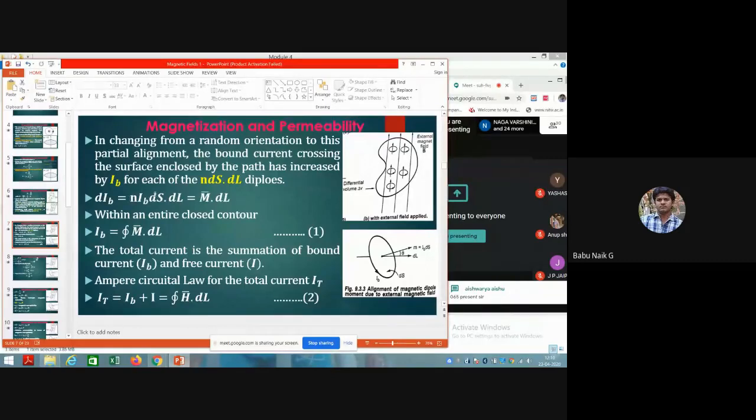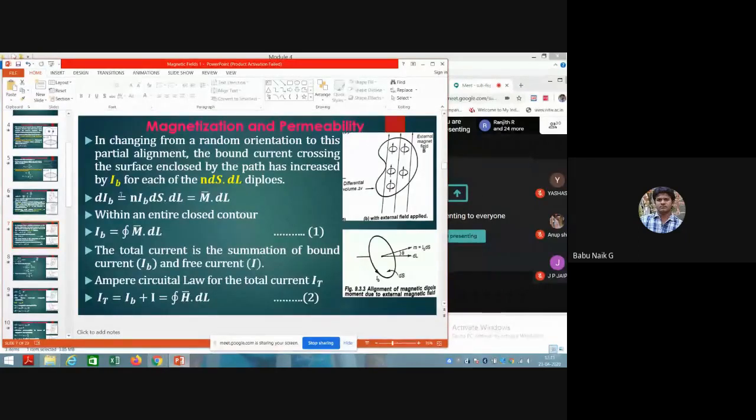So here this n into Ib ds. Yesterday someone asked a doubt about how it will come to M, that magnetization. I think I forgot yesterday to write one equation, which I missed here, the bounded charge, so I think you got confused there. So today I have changed this with the definition here, which is bounded charge, n times Ib ds dot dl.